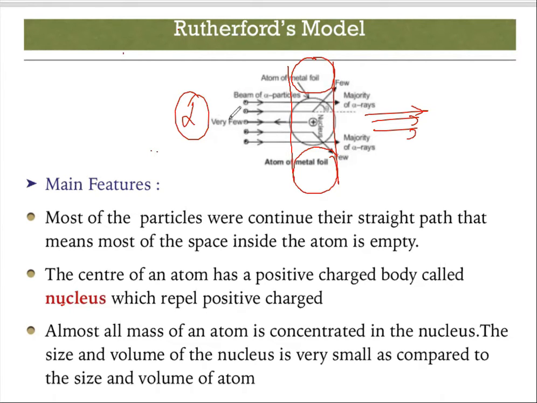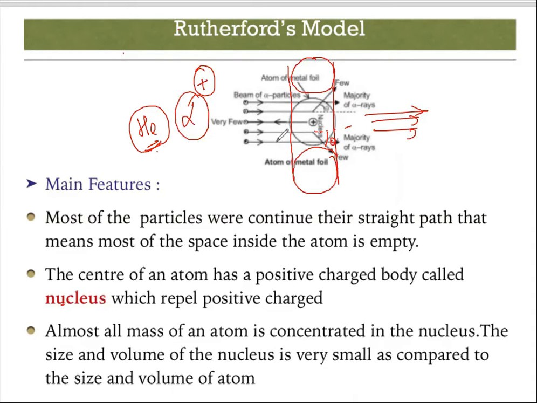Now a bigger question is why it is deflecting. You see, alpha rays are generally considered to be helium atoms, and alpha rays are positively charged. And we know that same charges repel each other. So as these positive rays pass by the nucleus at an angle theta, the nucleus has positive charge and the alpha is positive charge, so they are going to repel. So it goes away from this axis and deflects from its axis. Here you can also see the same thing, as same charges repel each other.